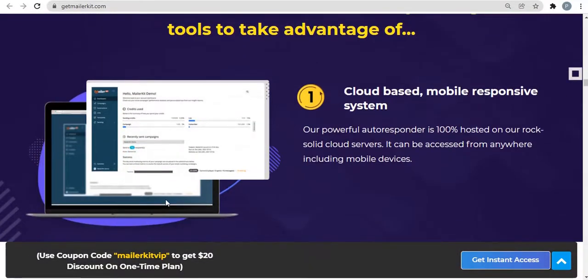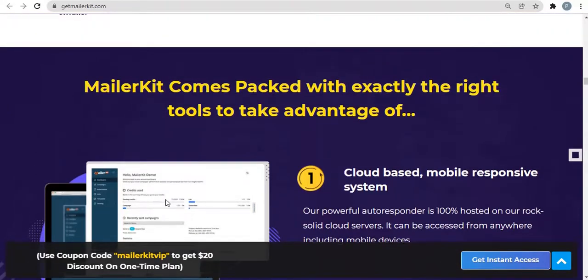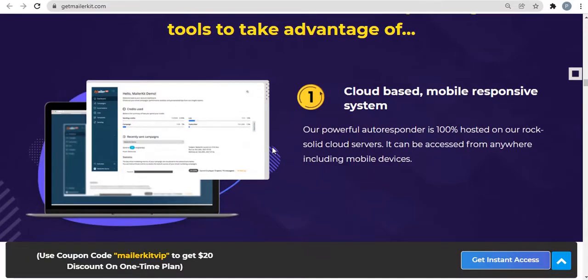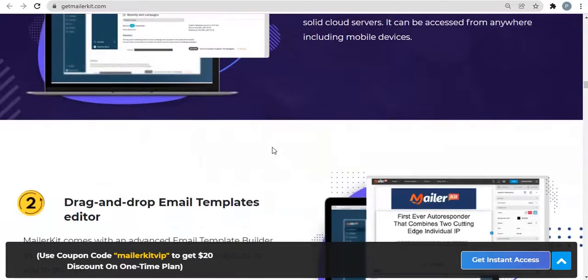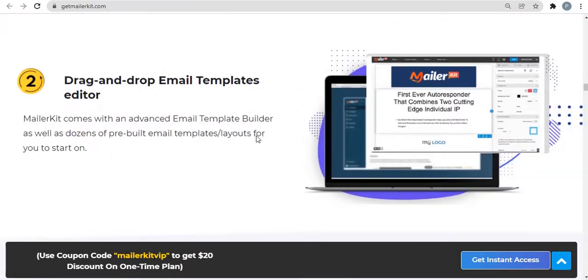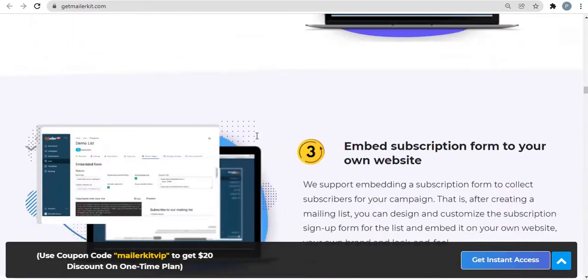So the features and benefits of MailerKit. The first one is cloud-based mobile responsive technology. It's a 100% newbie friendly, easy to use email autoresponder. Second one is drag and drop email templates. So a drag and drop email builder as well as dozens of email templates or layouts for you to start on.